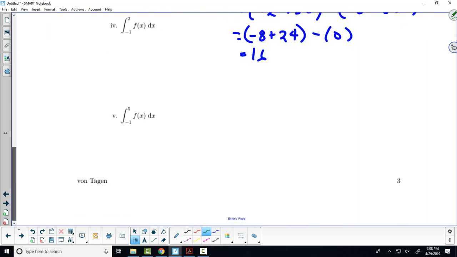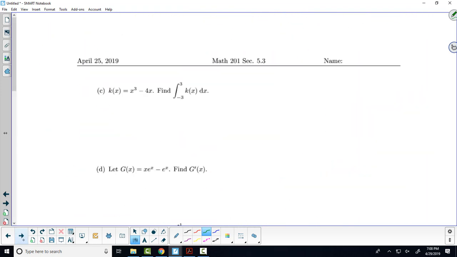All right. I'd like you all to try letter C now. There's no graph, but you don't need a graph for any of these problems. Try letter C. Okay, folks, let's take a look at this. Okay? So,